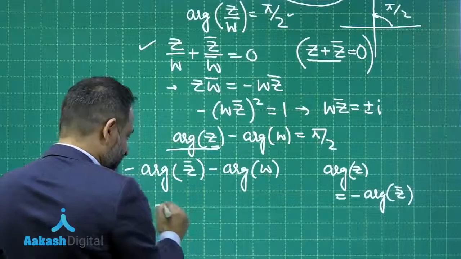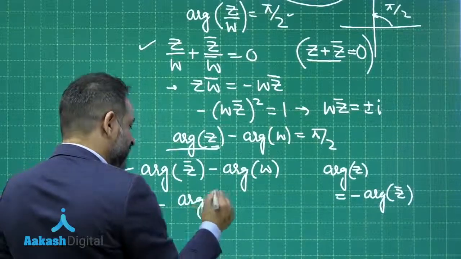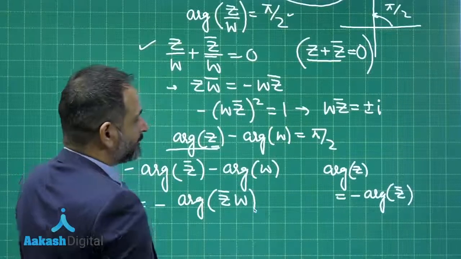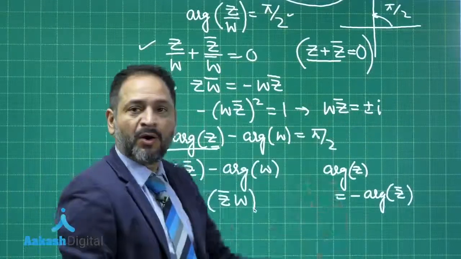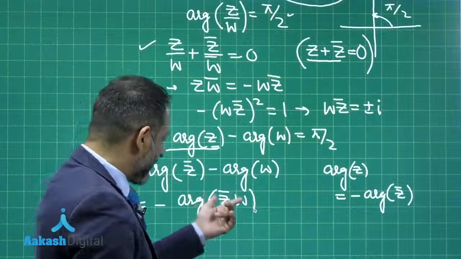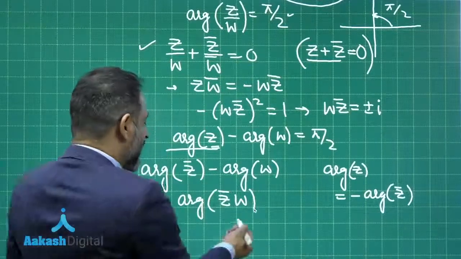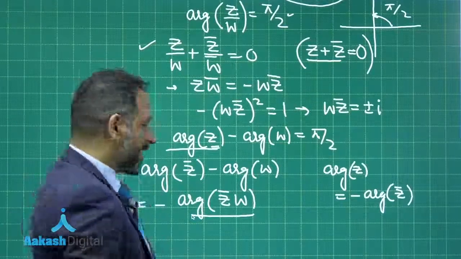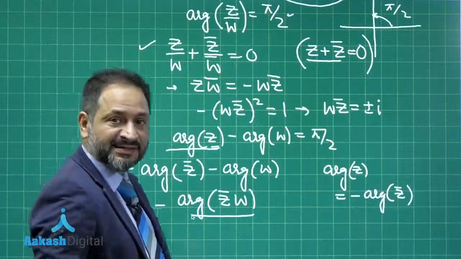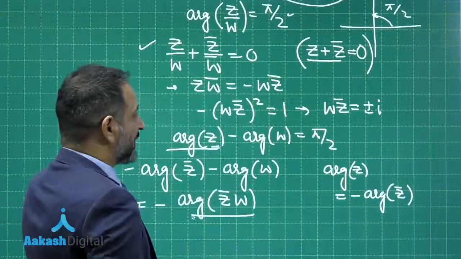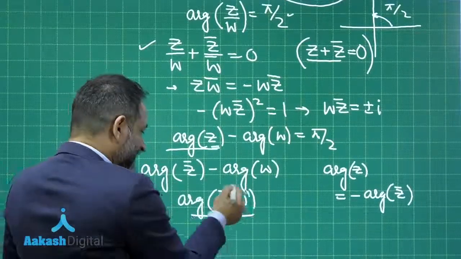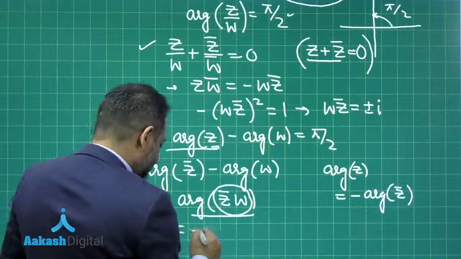This is equal to minus the argument of the conjugate of z into w. Now we can take iota or minus iota. If you take minus iota here, then the argument of minus iota will be definitely minus pi by 2, and again one more minus sign is here, so that will give you the actual difference, that is equal to pi by 2. So placing minus iota here,